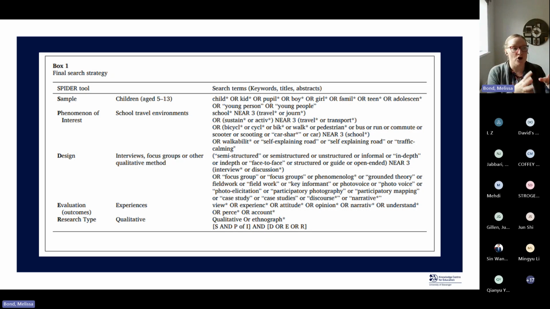So by using those phrases in their search string, they're going to limit the studies that are returned in their search.